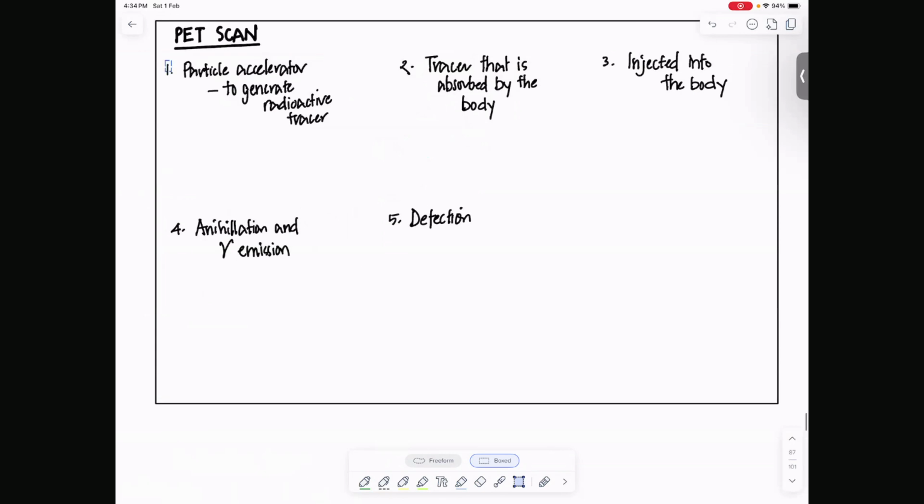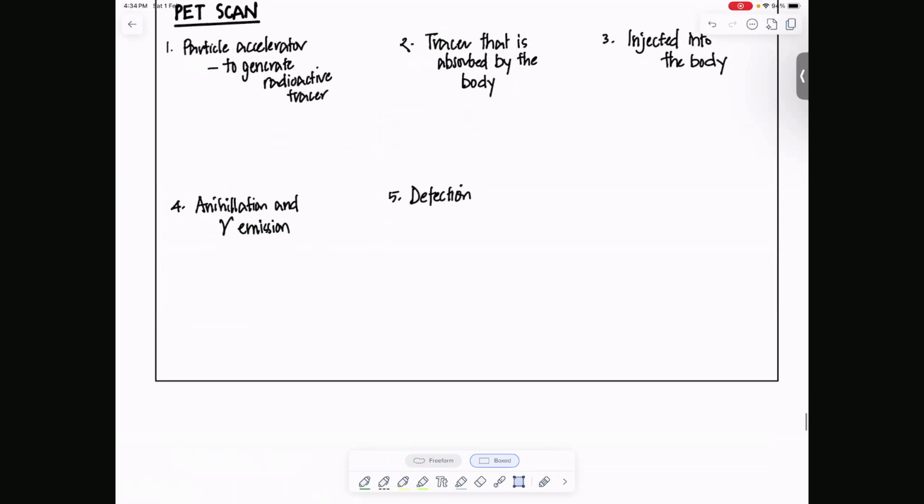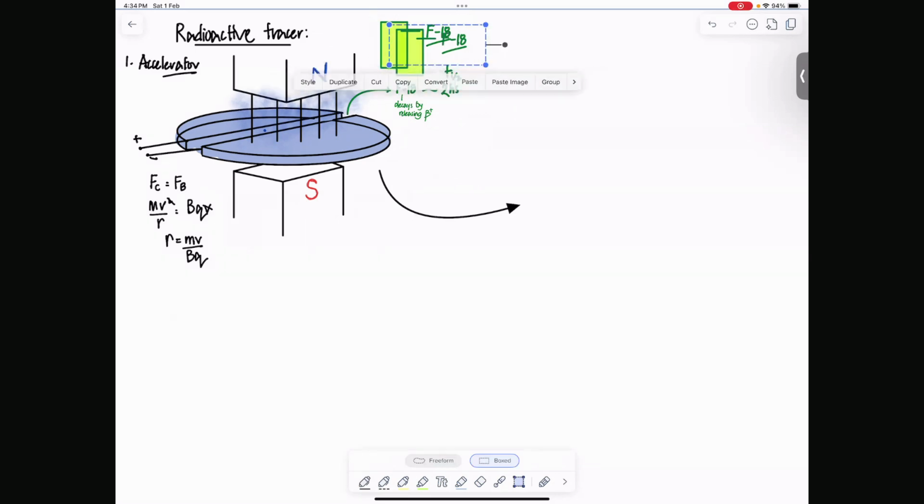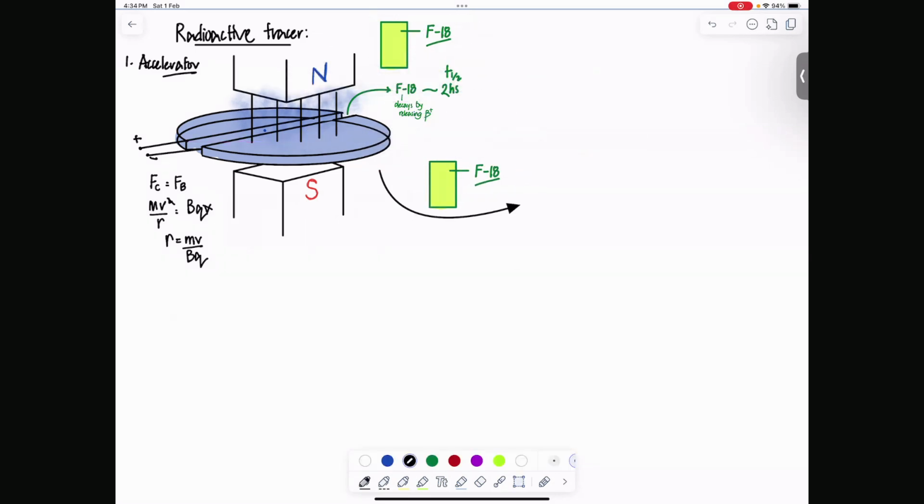The accelerator. তারপর হচ্ছে the tracer has to be absorbed by the body. So আমরা যেটা করি step 2 তে, এটা complicated না. So let's go to step 2. Step 2 তে we have generated the fluorine 18, right, which is radioactive. এটাকে আমরা mix করি with a solution. So we take our fluorine 18 and we combine this with